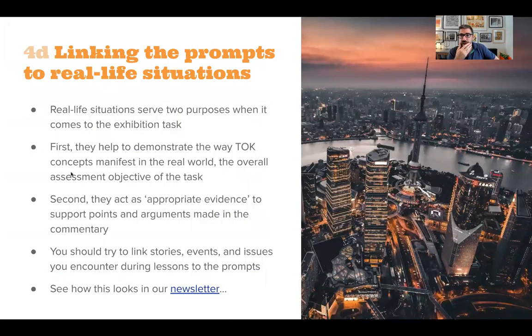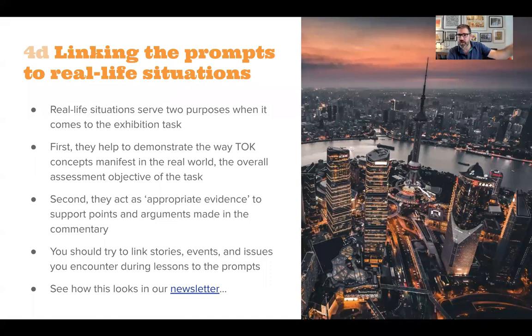Okay, so we mentioned at the beginning, one of the challenges maybe for students and for teachers is figuring out what is meant by appropriate evidence. How do we support our ideas in the commentary with appropriate evidence? How do we explore the prompts and justify our claims with appropriate evidence? As I've said, I think appropriate evidence for me